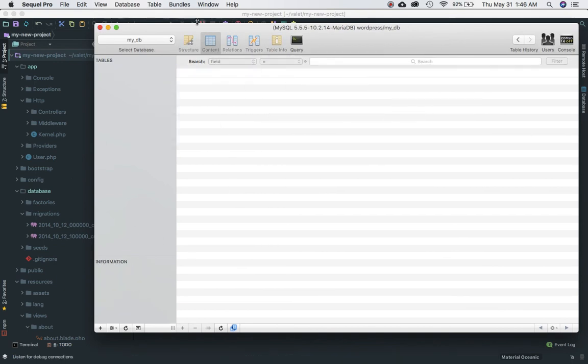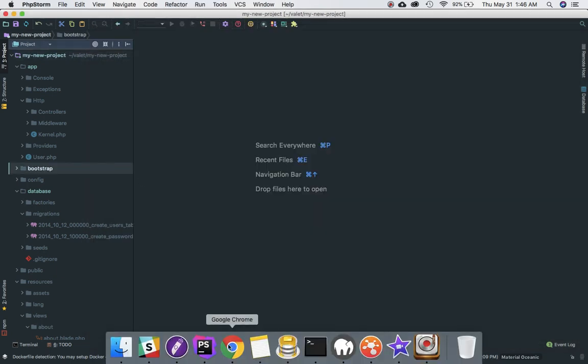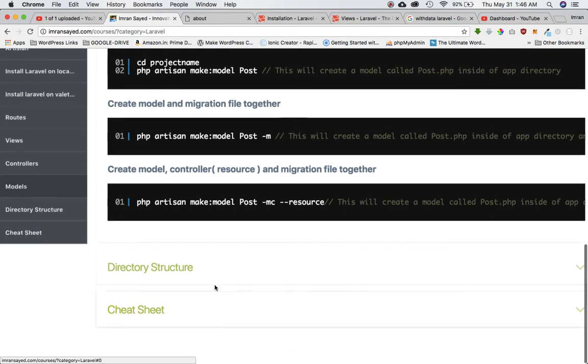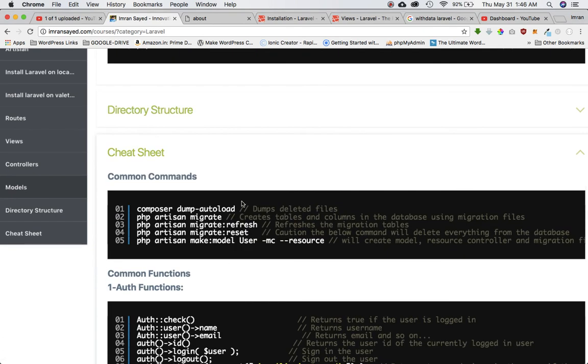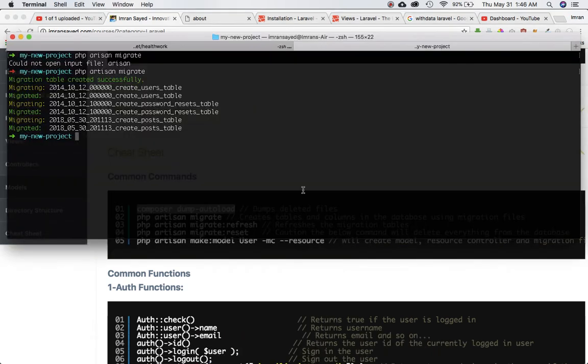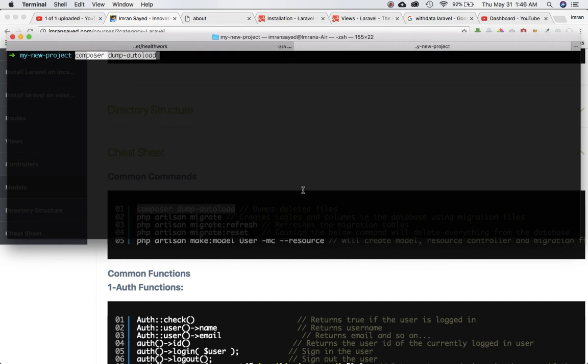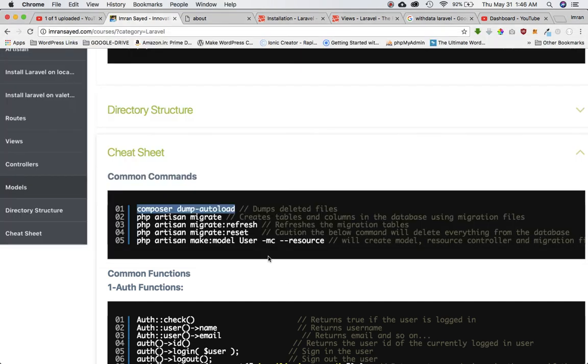Okay, now obviously this doesn't know that there have been changes in your Laravel, so in order for us to fix that, the first thing we need to do is basically run this command, which is composer dump-autoload. It's going to delete all the files from there. Okay, and then we just need to reset